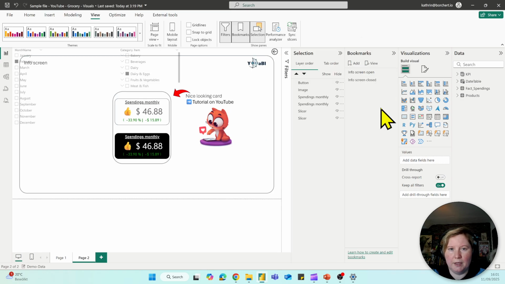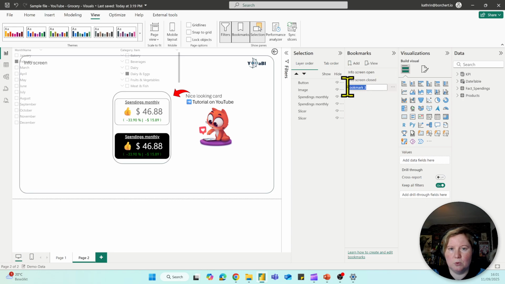Bookmarks are like screenshots. So you make a screenshot from your page from a specific point. You can also manage that the data will be filtered and so on. So there are many options. We will do a very simple screenshot, so only the info screen will appear and then it will disappear. For that, we need, of course, the screenshot of the open info screen. So we add now this page here.